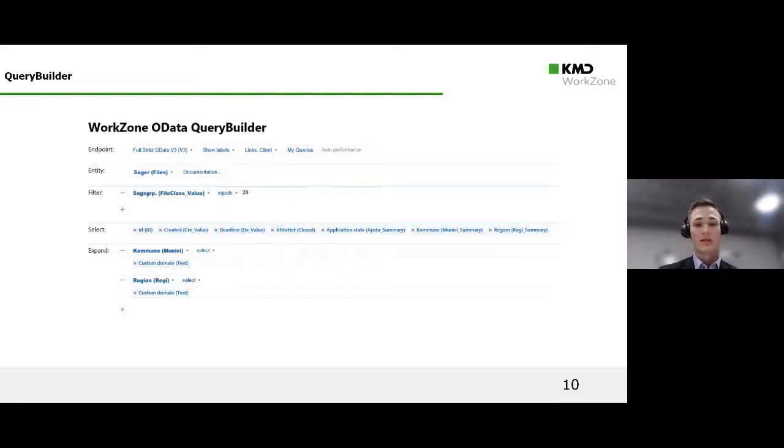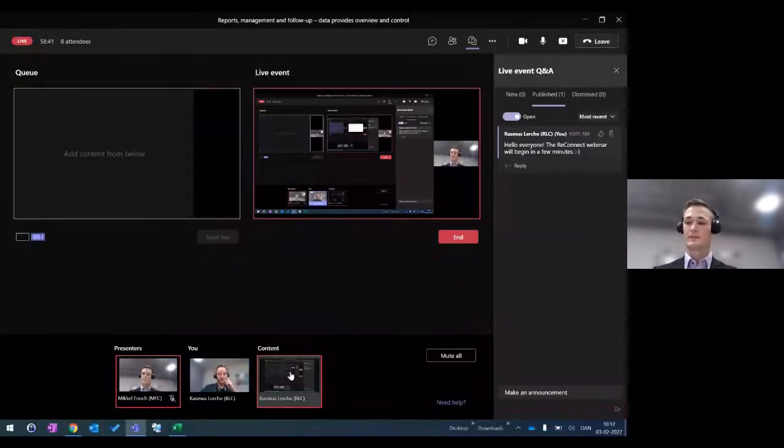And Rasmus will just quickly do a little short demo of our Query Builder. Yes, I will do a brief demonstration